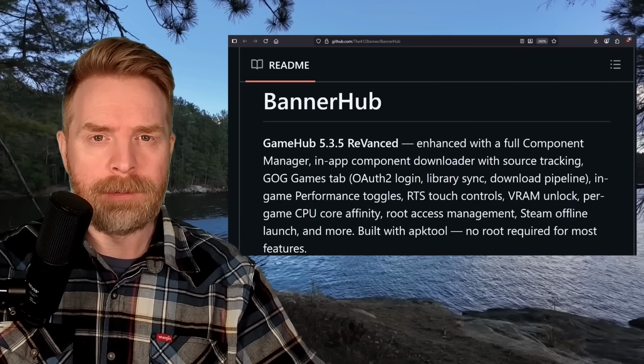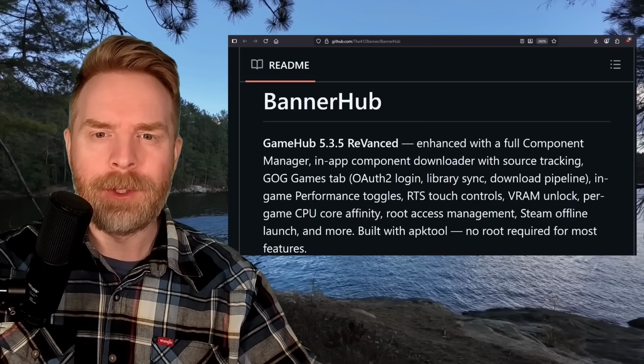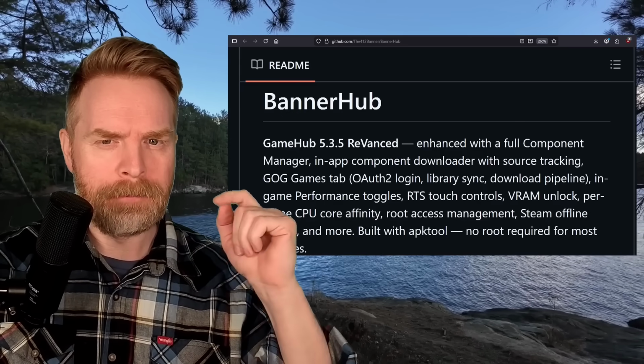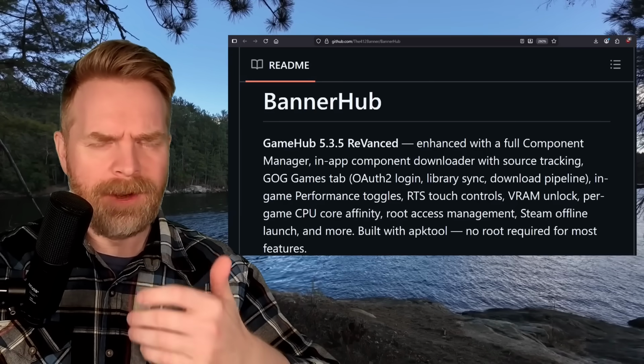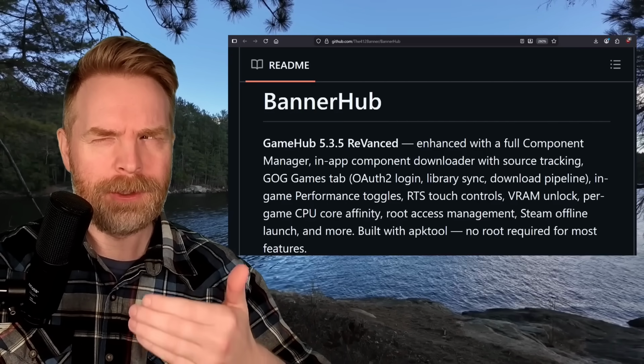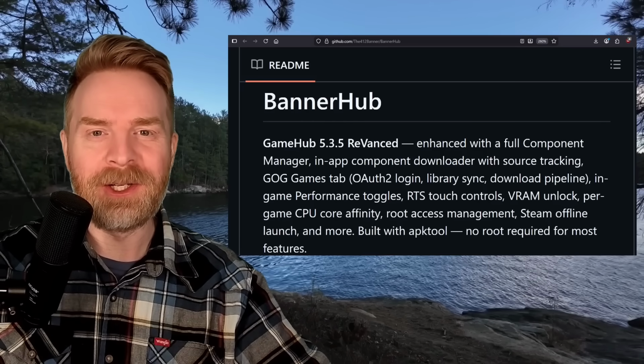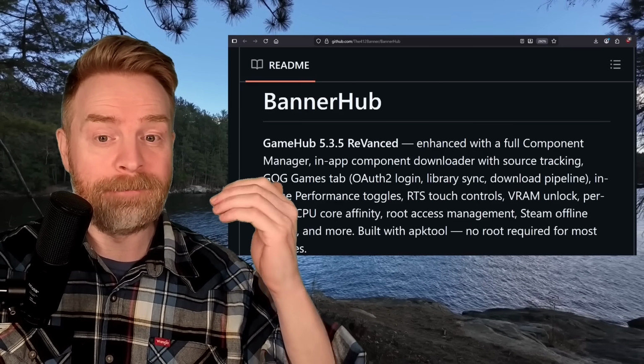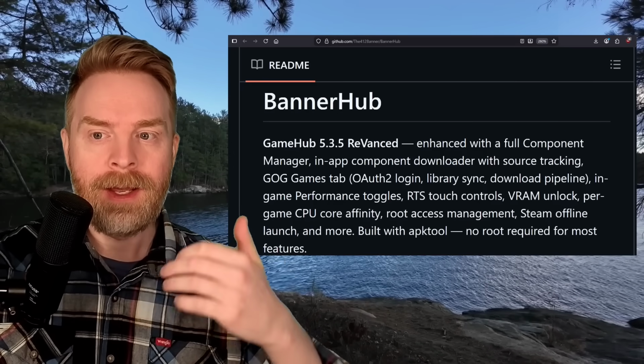But moving on from that, and next up here, we're talking about Windows emulation on Android with BannerHub. Now, this one is very interesting. Taking a look at the description, we've talked about this one in a previous video or two, I believe. But anyways, here taking a look at the description on GitHub, and they say GameHub 5.3.5 revamped, enhanced with a